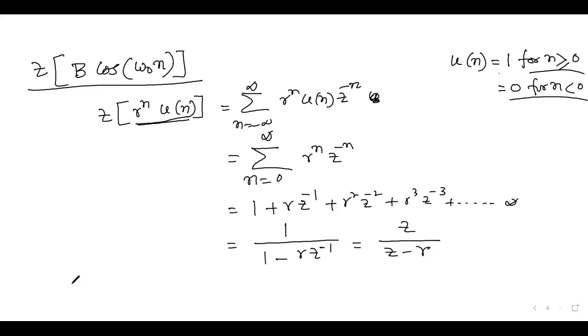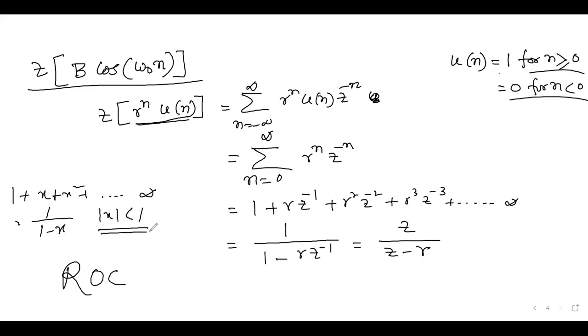So what will be the region of convergence? According to our formula, 1 plus x plus x square up to infinity, its sum is 1 by 1 minus x, and mod x less than 1 is the region of convergence. That means here x is r z to the power minus 1, and that should be less than 1 to be the region of convergence. That means what we can write? Mod z